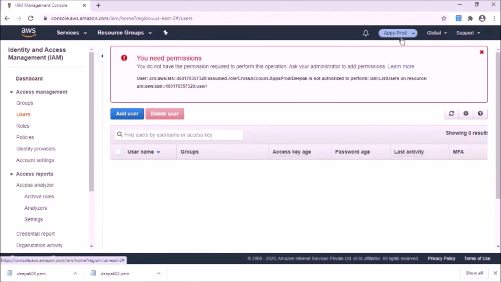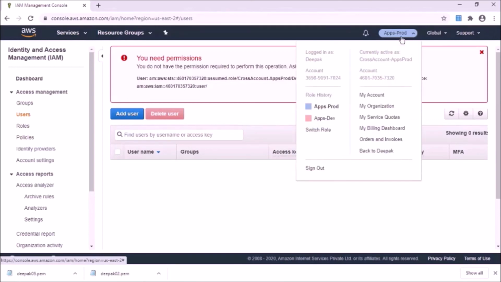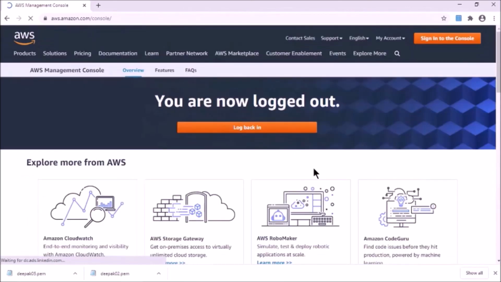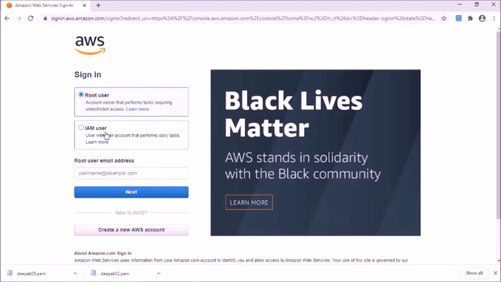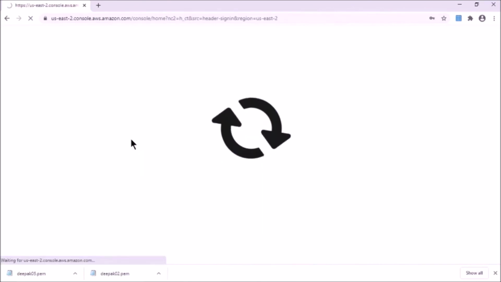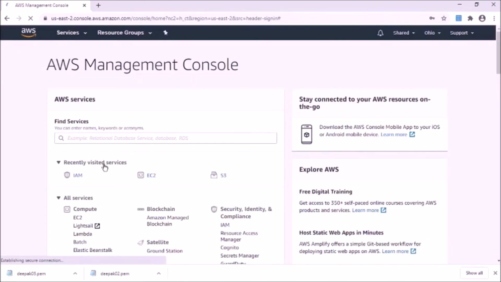Oh, I'm logged in with Deepak and I don't have permission to IAM. So I will need to log in as a root user. Let me log in with the root user in my shared account. Go to IAM.